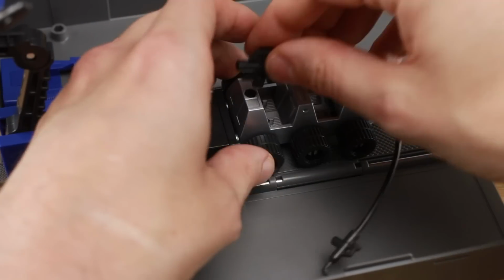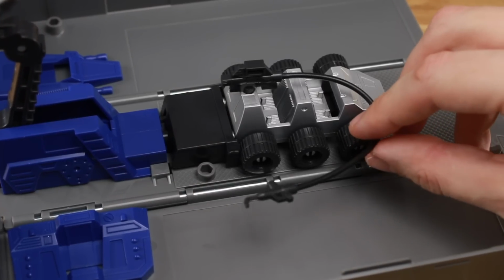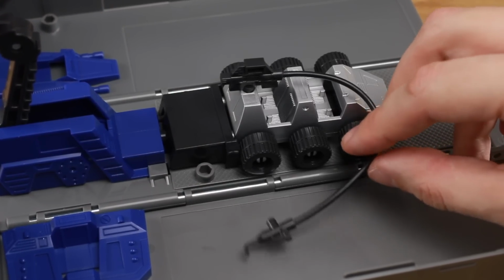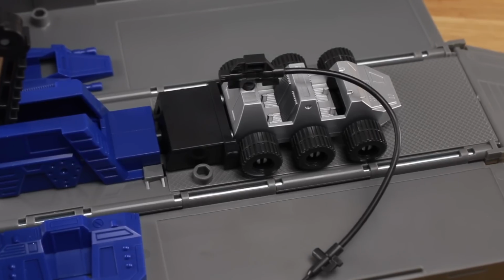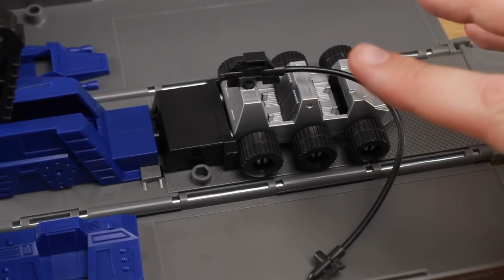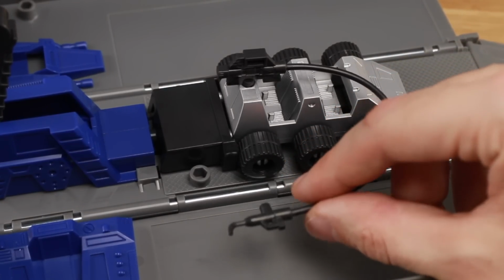And for completeness' sake, they've even included this little hose accessory, which tabs onto the back just there as well. It's this little pliable hose that sits on the back of Roller. This was something I never really bothered with as a kid, I must admit, but it is in there, so if it's something that you really, really desire to see, then you'll find it included in the box, which is